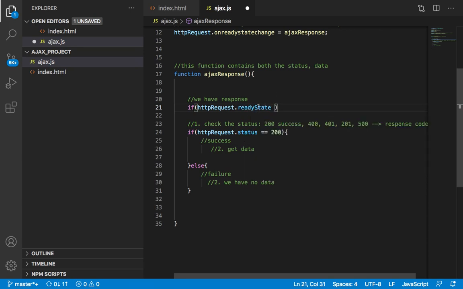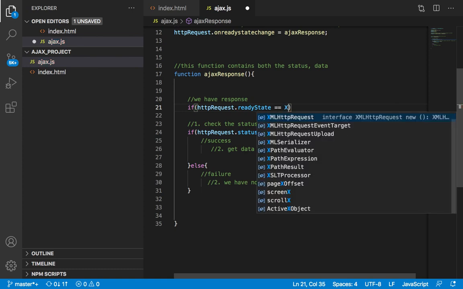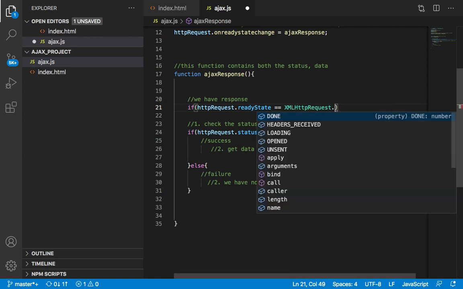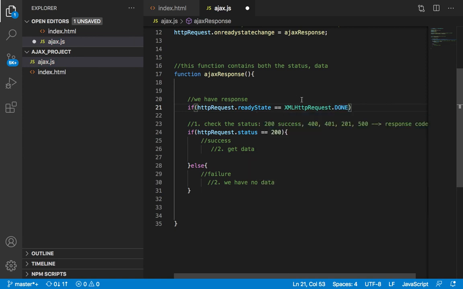And then if that ready state is equal to XML request dot done, meaning that if the ready state is done, if we aren't waiting anymore, if the waiting period is up,